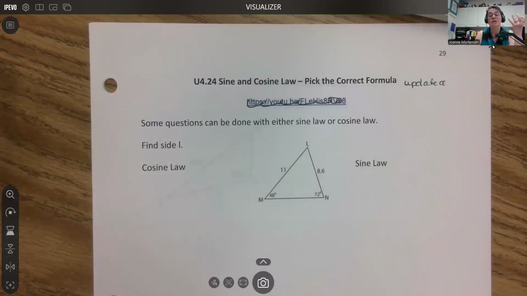U 4.24, sine and cosine laws. There are some questions out there where you can do it either way, whatever seems to make you happy. So let's see